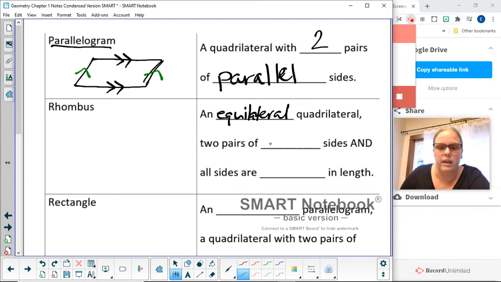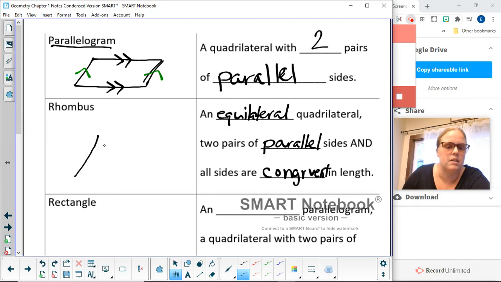It's got two pairs of parallel sides. So it's the same as the parallelogram, but all the sides are congruent in length. So we're still going to have that parallel markings the same as we did for the parallelogram. And again, I'm going to draw it slanty, but it doesn't have to be slanty because a square is technically